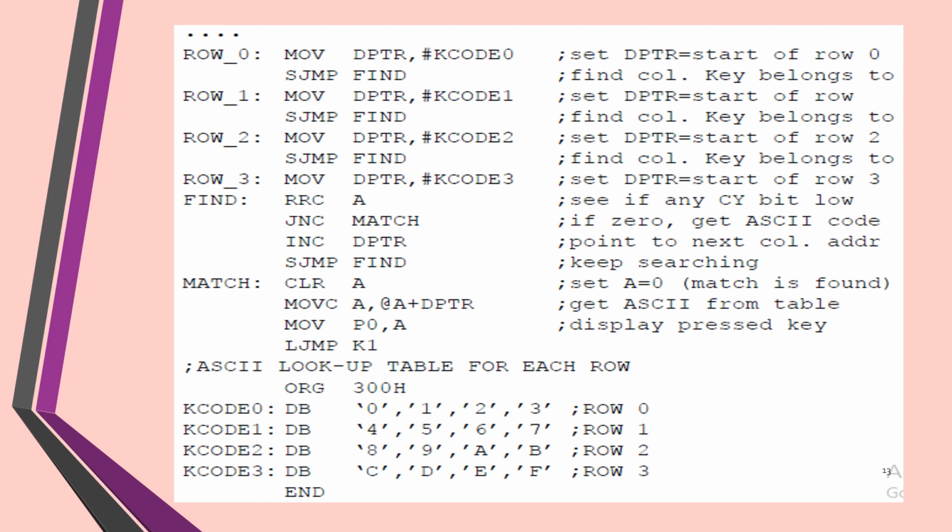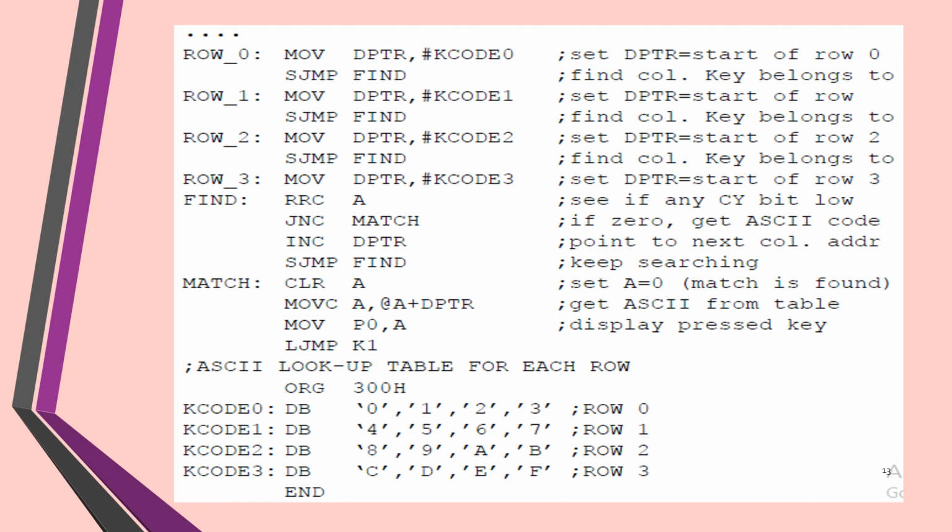As far as this session is concerned, you have definitely learnt what a keyboard is. We have taken a 4 by 4 keypad as an example, with rows and columns, and the concept behind it is that a particular key closure is identified only when both the respective row and column for that key are made 0. So in the beginning, first the rows are made 0 and the columns are made 1. Testing is done.